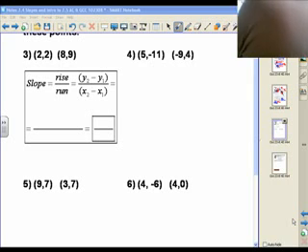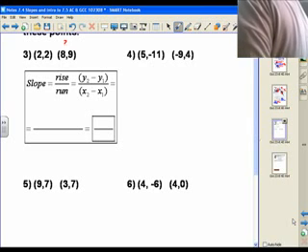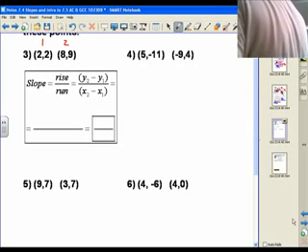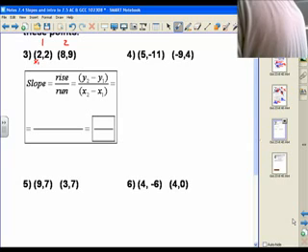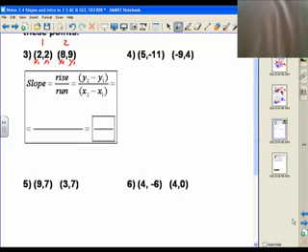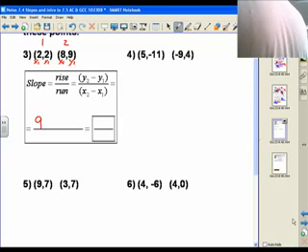Now I'm going to look at this. Since I have to subtract, I'd rather call this number 2 and that number 1, which means we have x1 and y1, x2 and y2. All right? So when we put this in, I have 9 minus 2 over 8 minus 2,